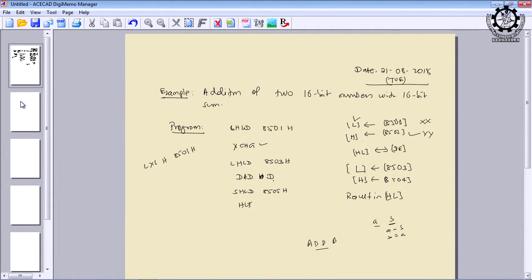But here HL will serve as an accumulator for 16-bit addition. So, HL content, whatever data is available, is added with D content and the result will be stored in HL. So, this is the second special role of the HL register pair. What is the first special role? It always indicates the register M, which is a memory location pointed to by the HL register pair. That is one unique role of the HL register pair.